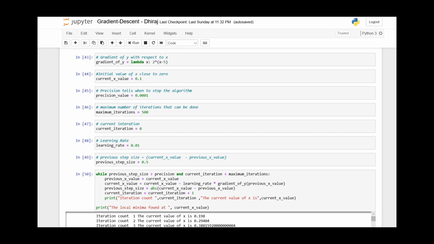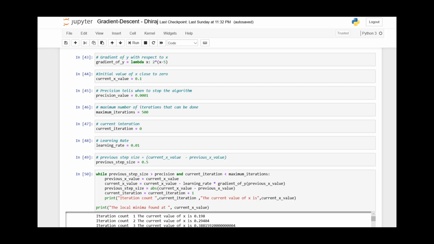To proceed further, we need to calculate the gradient of y with respect to x. This is done using the differentiation concept of mathematics. Gradient or derivative is equal to 2 times (x minus 5) in this case. We have written that as a lambda function in Python so that we can use it in the code further.